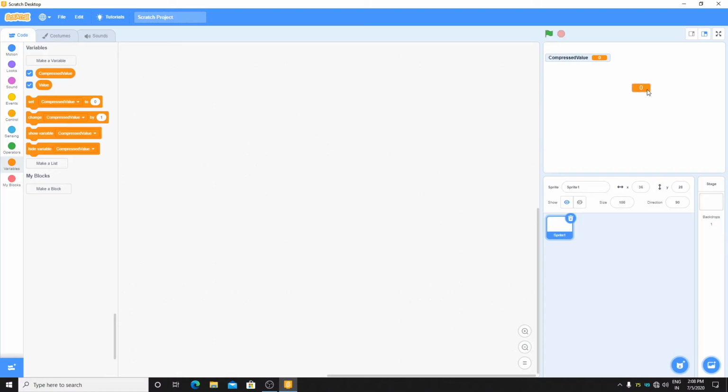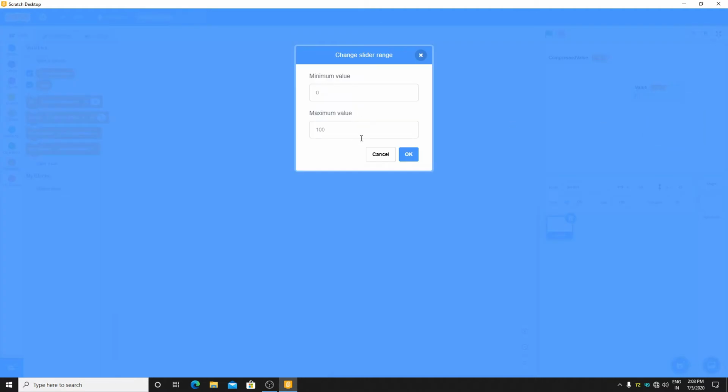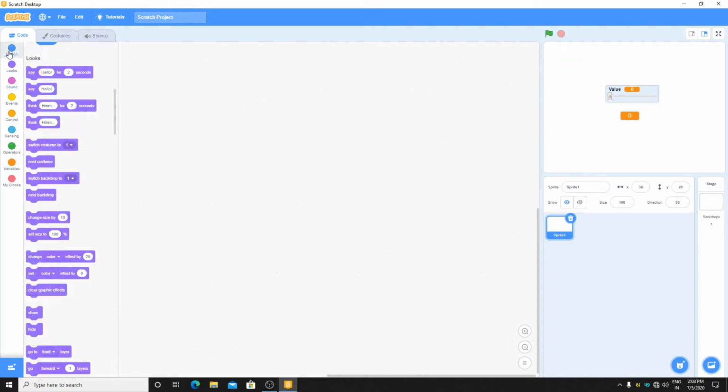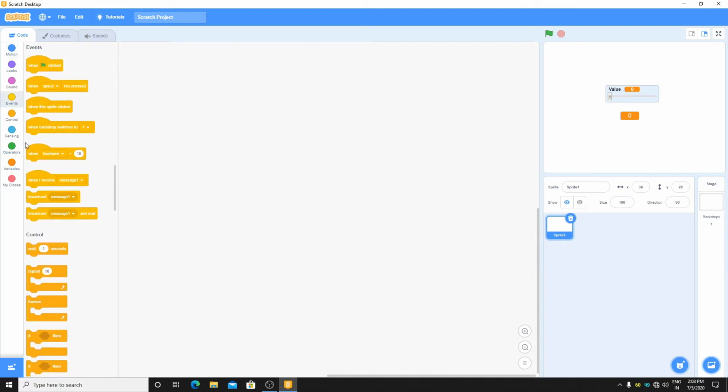Let's set value to the slider, and let's set the max to 100 billion. Say 1 triple 0 triple 0 triple 0 and double 0. So this is 100 billion, I think. And here we're going to set it to the center. Then the compressed value should be in large readout. Here you can see. Then let's get started with scripting.